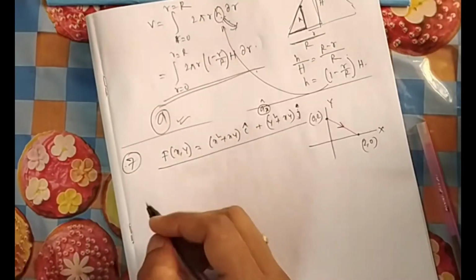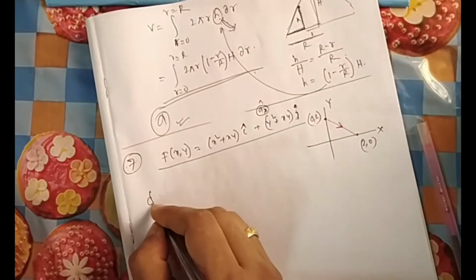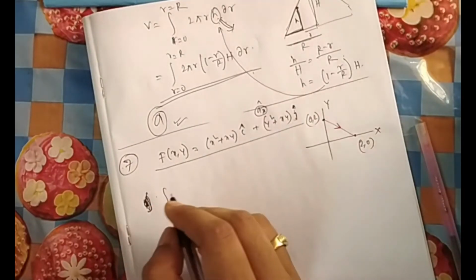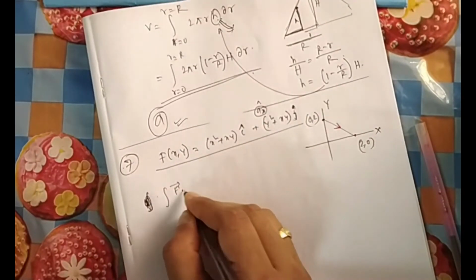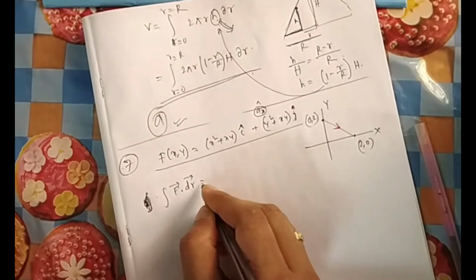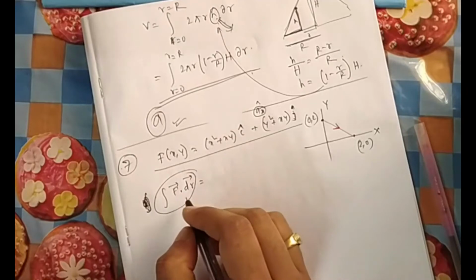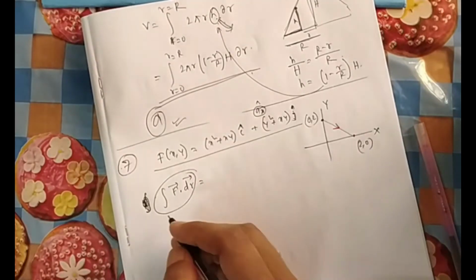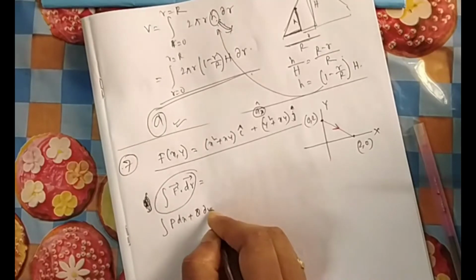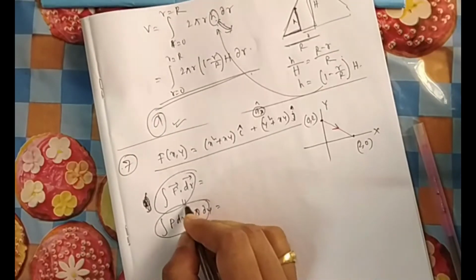Now for line integral, what do you know? How do you solve a line integral? The symbol is, if it is closed, then we put a closed circle; it is not closed, so we will not put any circle. It was F dot dr, dl, whatever, this was the symbol. But we don't use this one; they use this format also. This is also a notation. You can remember these two are the symbols of line integral.